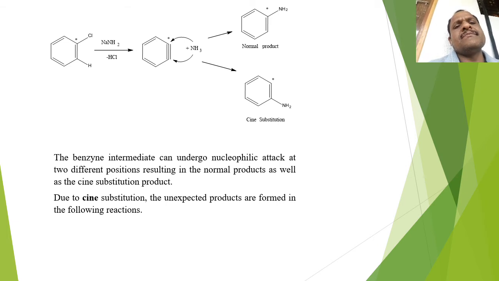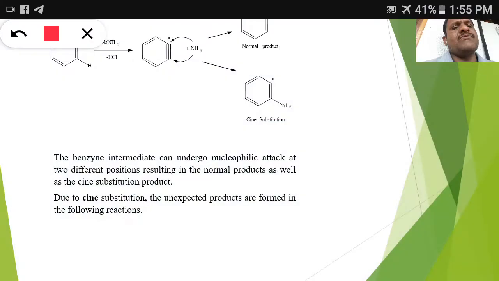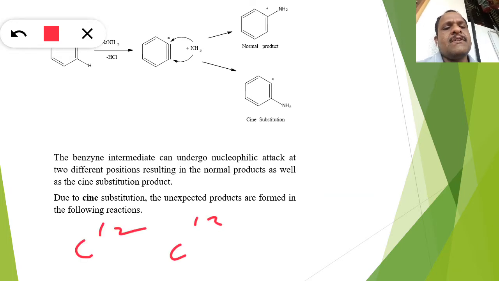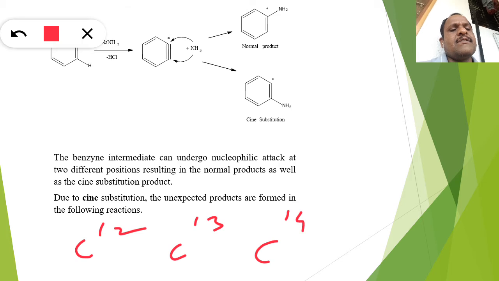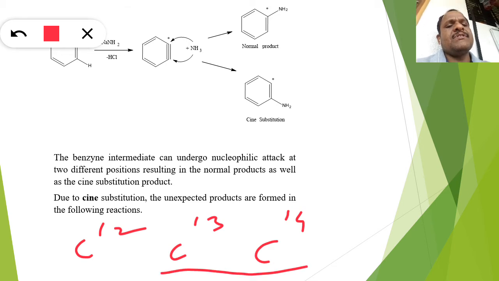In a carbon, if you see, carbon has three important isotopes. What are they? Carbon has three isotopes: carbon 12, carbon 13, and carbon 14. Out of that, carbon 12 is the common isotope of carbon, and the others are rare isotopes. So instead of carbon 12 here, if you use carbon 14